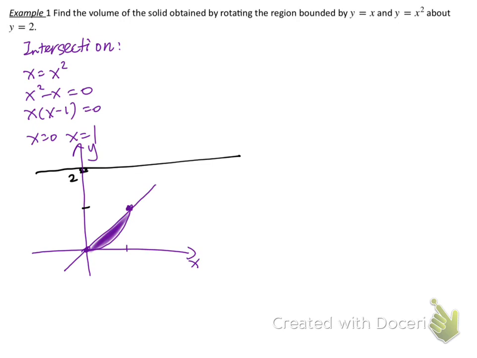You don't have to think of the whole thing as a three-dimensional thing. Let's just follow the steps. Now we already sketched the region and the line. Now what do we do? You just pick